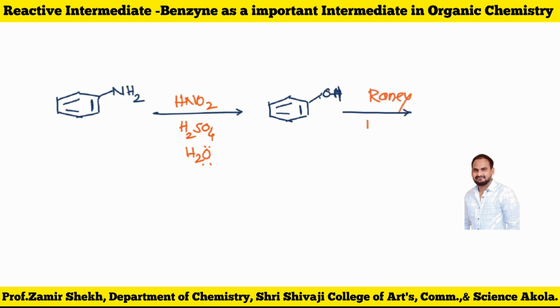will further react with hydrogen under strong conditions. Simply, it is a reducing agent. It reduces all the double bonds present in the ring, and you will get this compound. So this is also a reaction. But the first step of this reaction is called SNAr, that is aromatic nucleophilic substitution reaction.